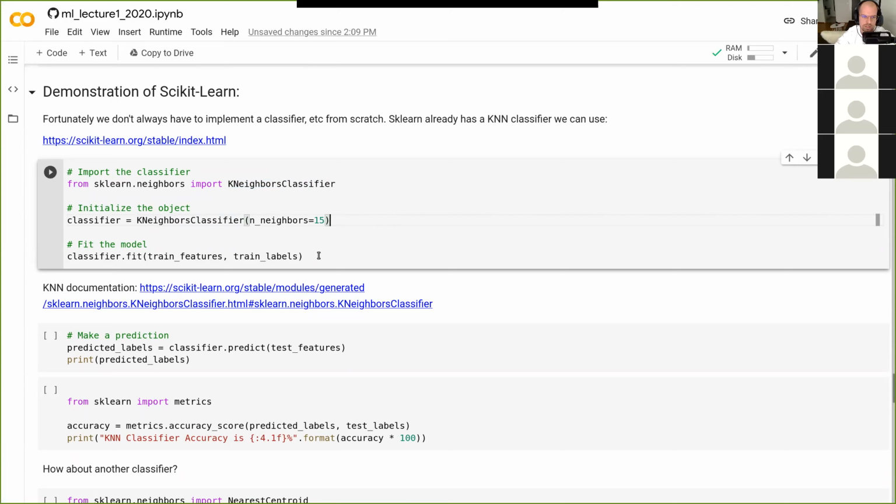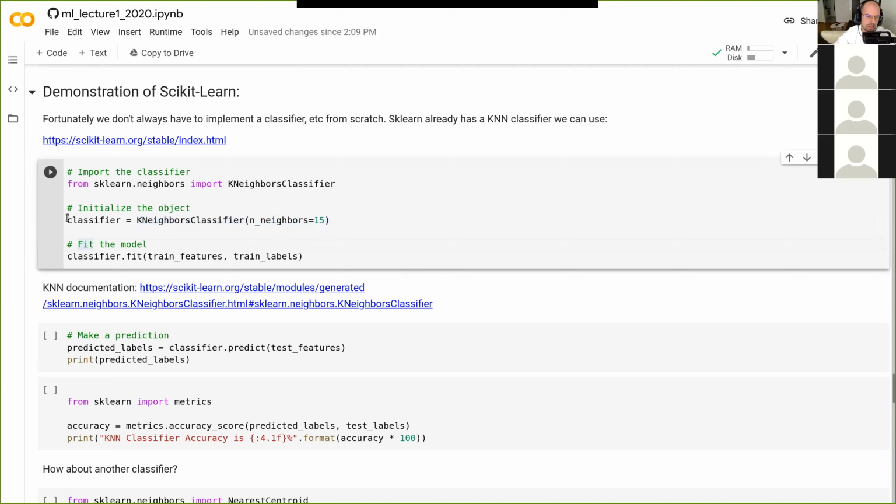We could have used any number, and we could even have optimized this number. Maybe it works better with certain numbers than others. Optimization of numbers like this, we call these numbers hyperparameters. I'm going to talk about that in the class tomorrow. But for now, let's just use 15, not really for any particular reason other than I just chose 15 when I wrote this code here.